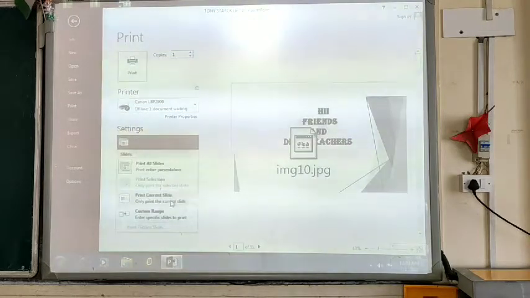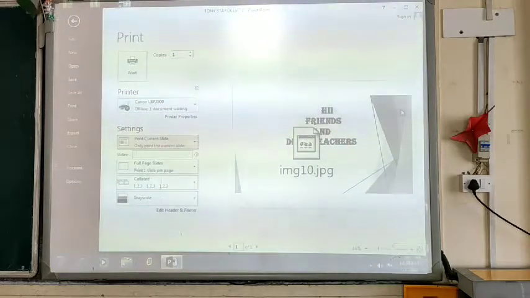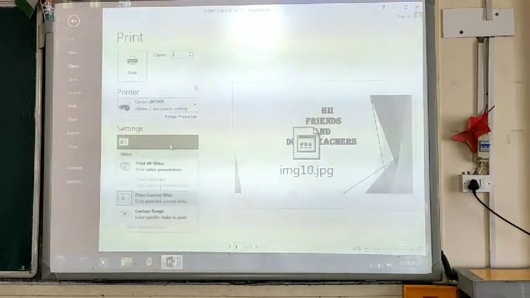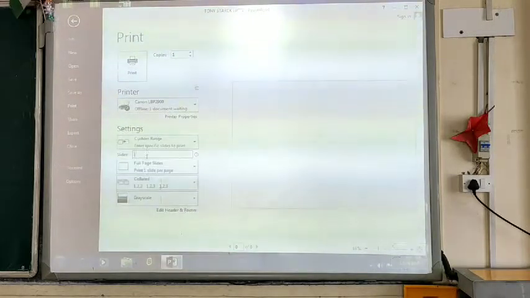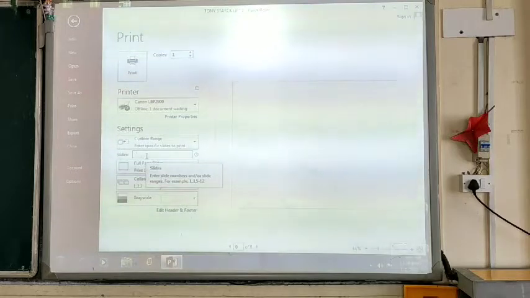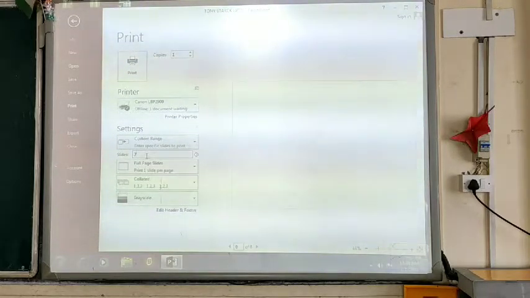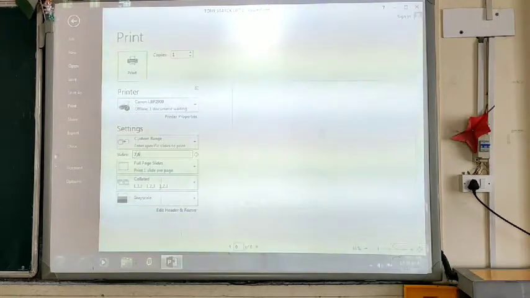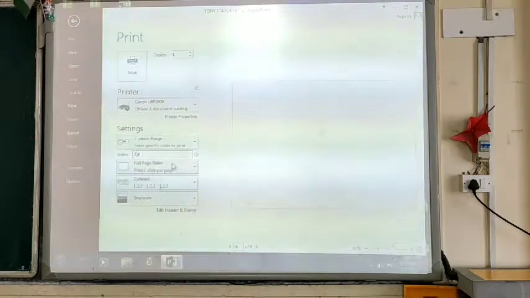If I select print current slide, it will only print the first slide. If I select custom range, here you have to define the slide number, like I have defined 7, 8. Then it will only print slide numbers 7 and 8.